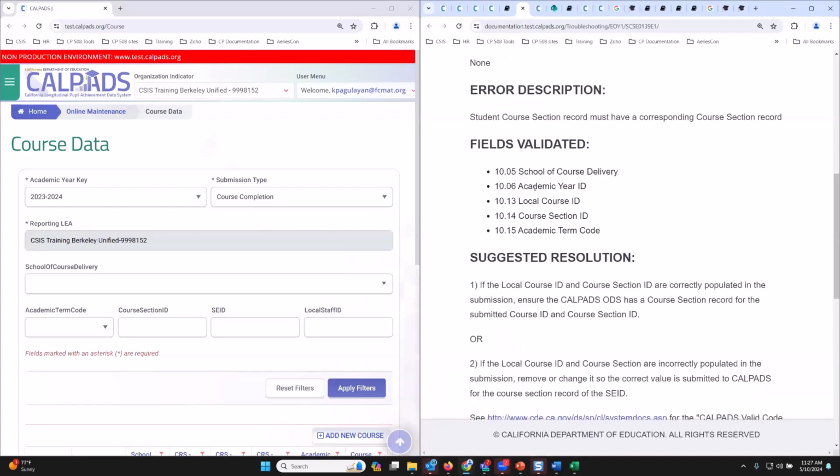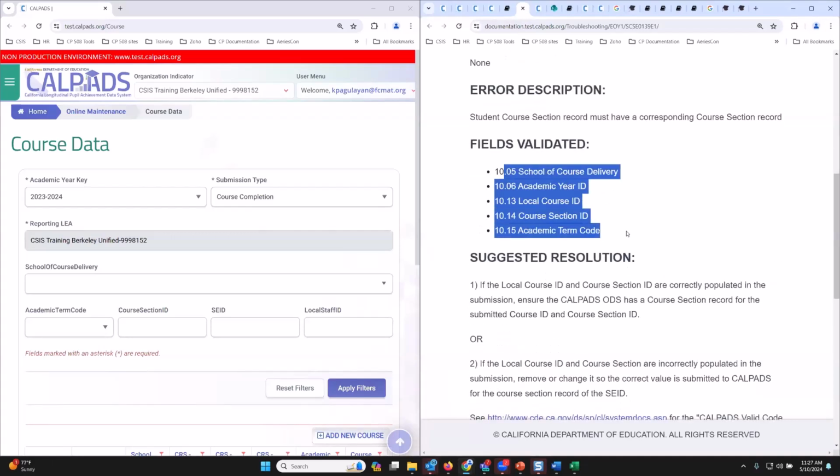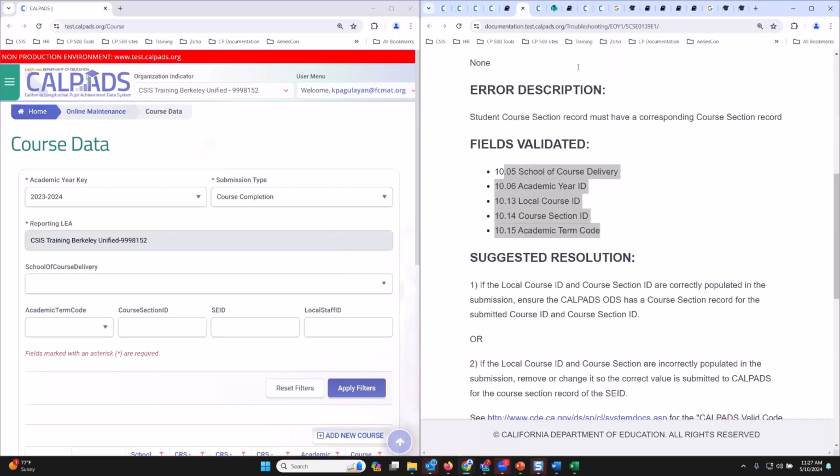I need to compare these field elements: school course of delivery, academic year ID, local course, course section, and academic term code. Right? Let me just bring this out.